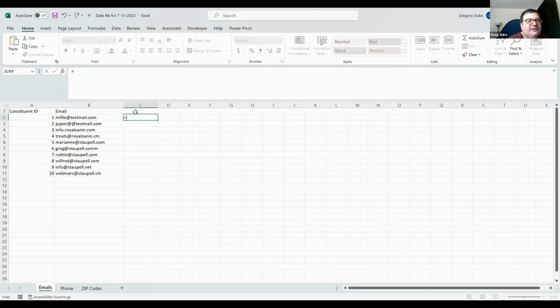And what we need to do is type in the formula COUNTIF in parentheses. Now our range is going to be B2 again, and comma. Now we have to type in equals, because we're looking for text, an asterisk, which tells us anything can come before the text I'm about to type, @ sign, another asterisk that says anything can come after the text we've just typed, and another quotation mark, close the parenthesis, and it tells us correctly that we have one